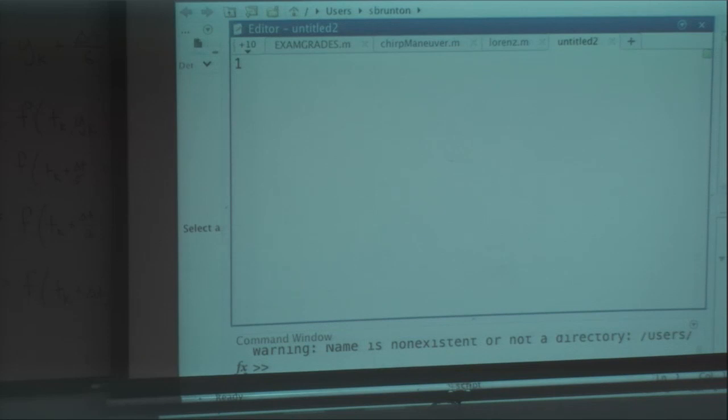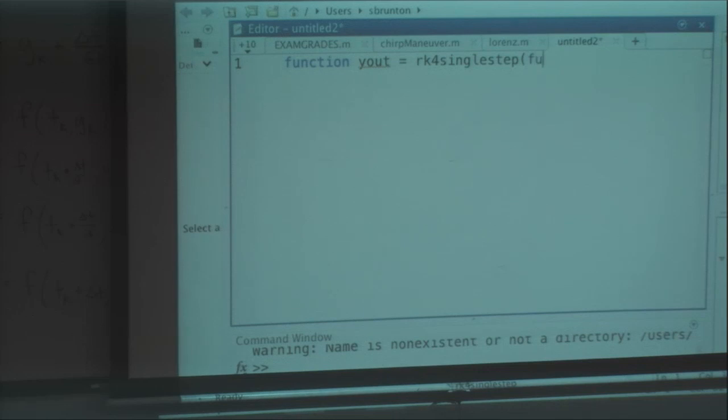So now I'm going to make another function called function y out equals rk4 single step. We're going to write our own version of ODE45. We know what the function for a Runge-Kutta step is, so I'm going to write a code that just does that step. It takes the Runge-Kutta 4th order time step.